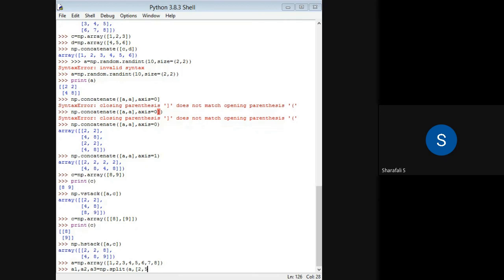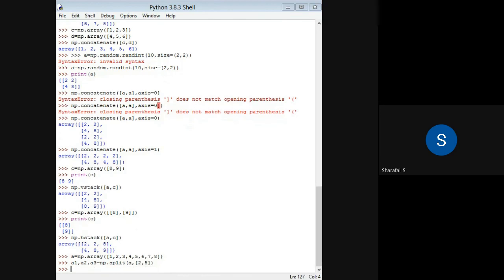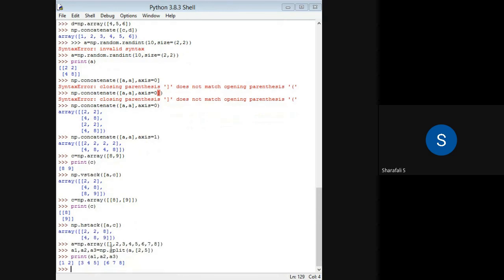So at these two index values it will split. In square brackets, then close this bracket and just print A1, A2, A3. You can see this array A is splitted into three different arrays, which we can call subarrays.